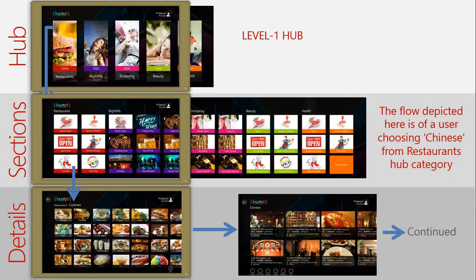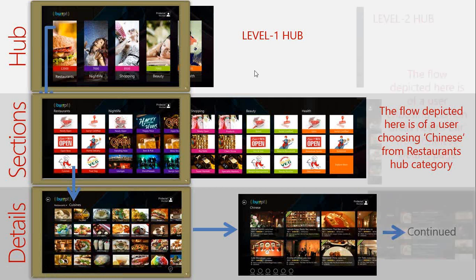So if you have any of these ideas in your mind, if you are sitting with an app idea right now, for people who are already developing Windows 8 applications or are in the middle of it, still is the time. If you think you need to take some time off to figure out the information architecture, it's cool. For people who will be just starting a Windows 8 application, probably after this session or later on, you should think about how the flow of information and the navigation of information plays a major role in your app development.